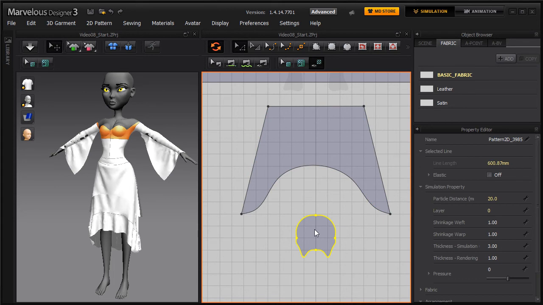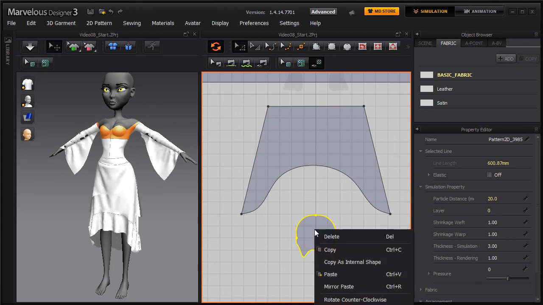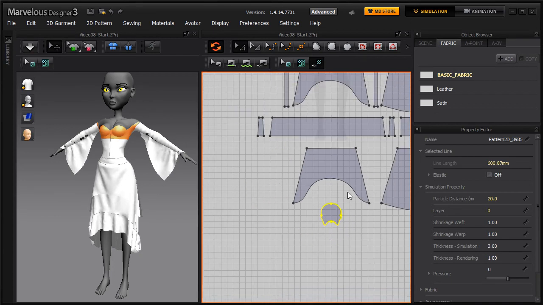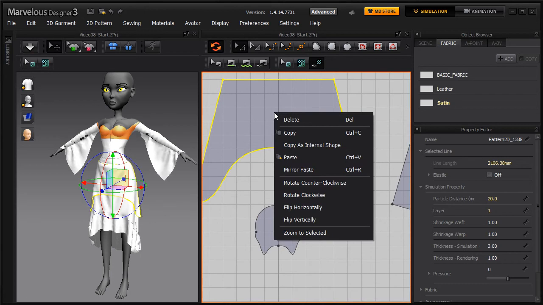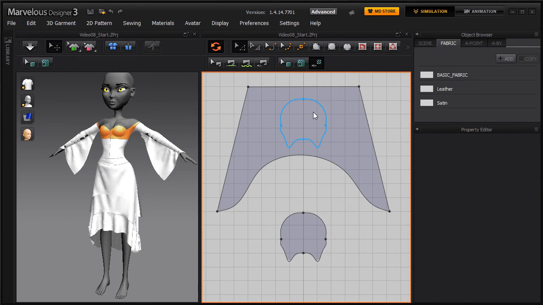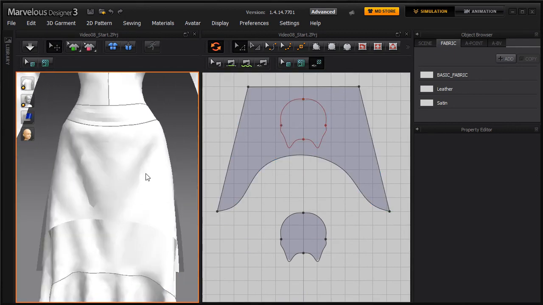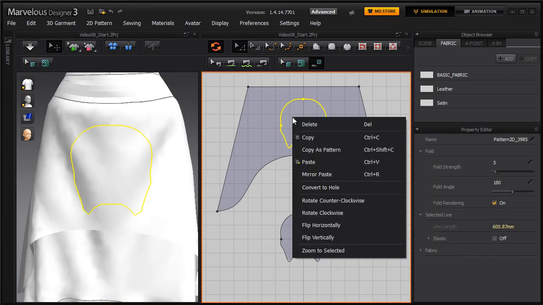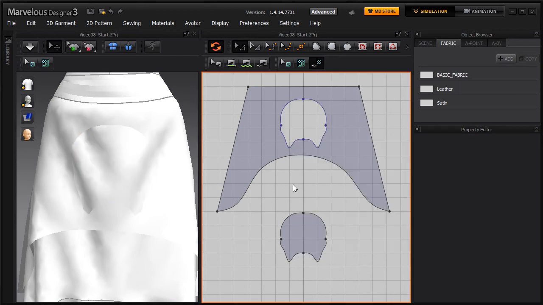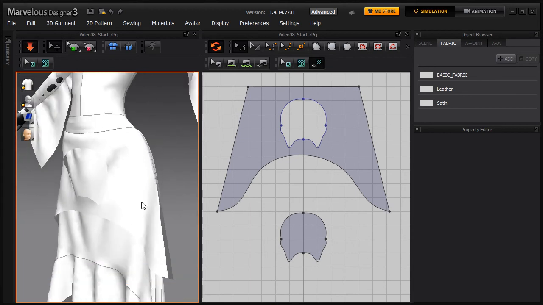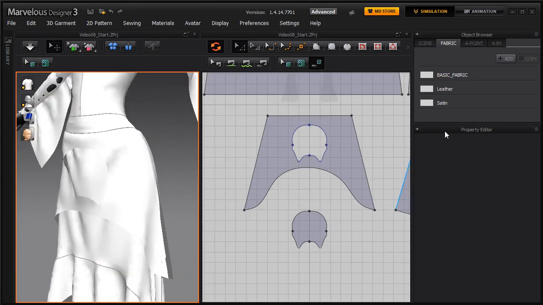All we need to do is right click, copy as internal shape, paste, put that up there, and as you can see, it's now an internal shape. And you can just make it out there. Or we could go a step further and select that and then go convert to hole. Then if we simulate this, we can make that more obvious by